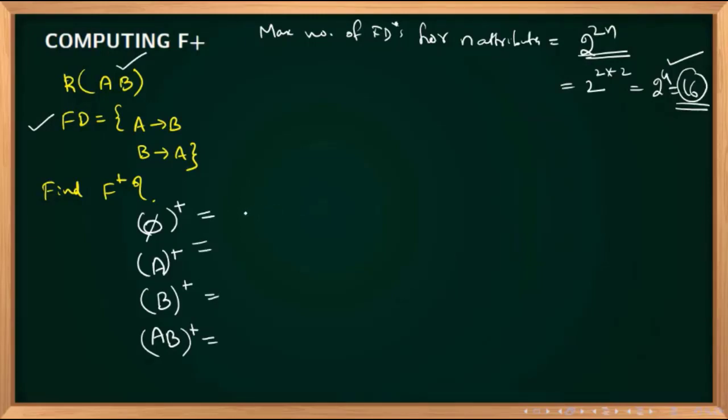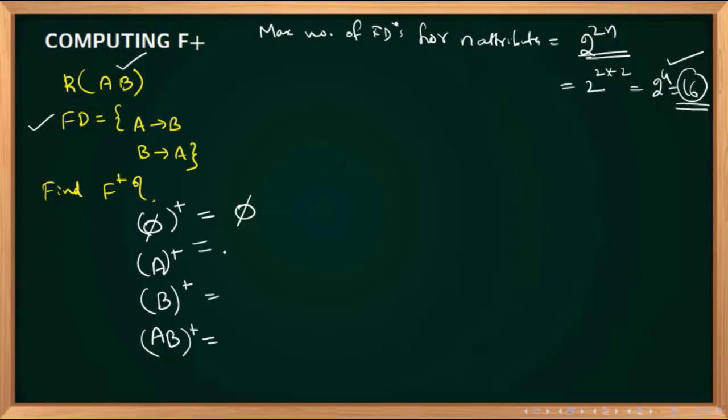So now we already said that ∅ closure gives all 4 blindly, if no functional dependency is given. A gives all 4, B gives all 4, AB gives all 4. All 4 means ∅, A, B, and AB. But now we cannot say that, so now we have to find it. Can somebody tell ∅ closure? It is trivial: ∅ closure definitely contains ∅. Other than that, we are not writing anything as of now.